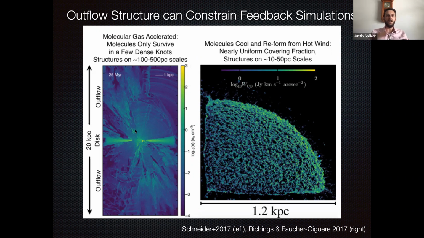One alternative is that, after you have this hot wind getting out of the galaxy, you're at large radii, now that gas can start to cool. And if you're lucky, if the gas is still dense enough, maybe that once hot gas can reform molecules. And that tends to produce a much more even distribution of molecules, basically because once the gas hits some radius, some cooling radius, it can turn into molecules. And so you tend not to have those few blobby structures, but this much more uniform covering fraction, where all the substructure is on these really, really tiny spatial scales that we will never be able to resolve with any telescope, unfortunately.